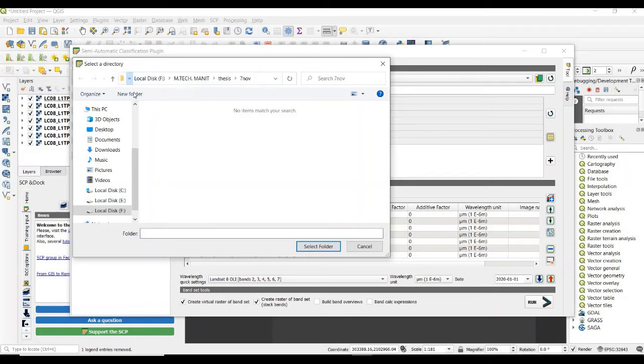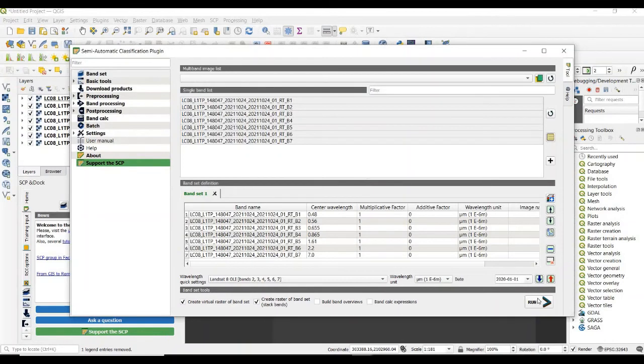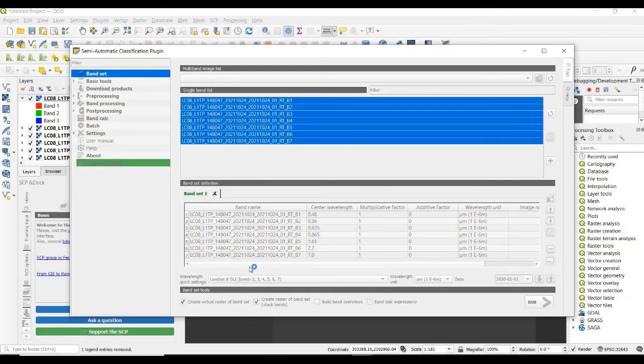So create a new folder, tcc and appcc, and select folder. After that, run. So processing starts.